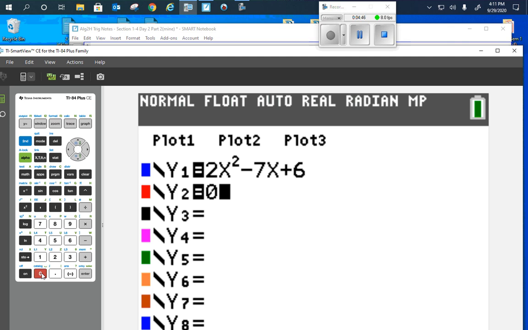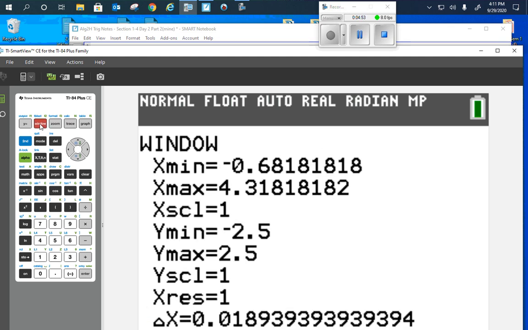And then we need to chat about some of these other things so that you get a little bit familiar with them. So if you hit your window key, this is telling you what your smallest x value and your largest x value, x min and x max, and what your scale is. In other words, I want you to usually graph in a 10 by 10 window. And I'll show you how to do that super quickly in a moment,